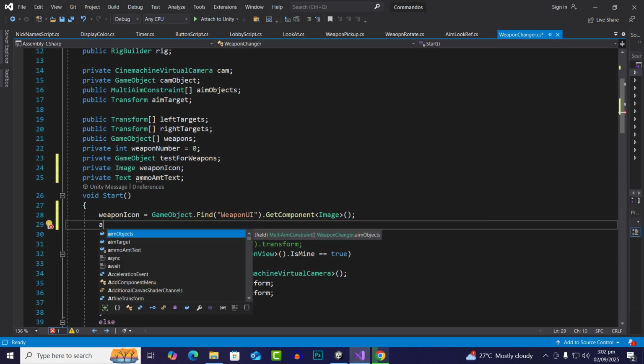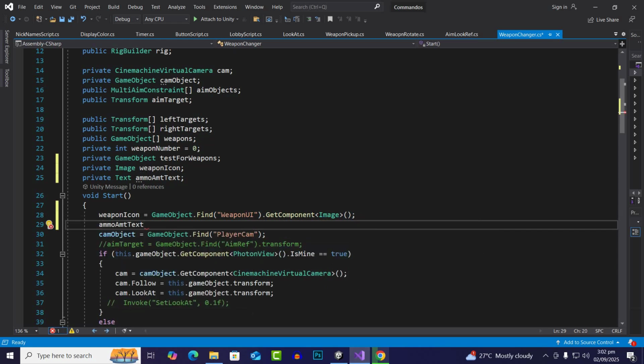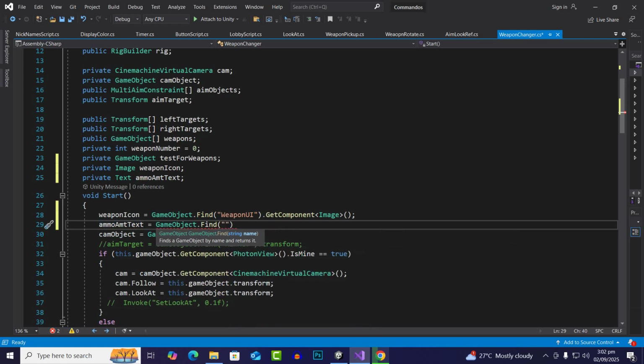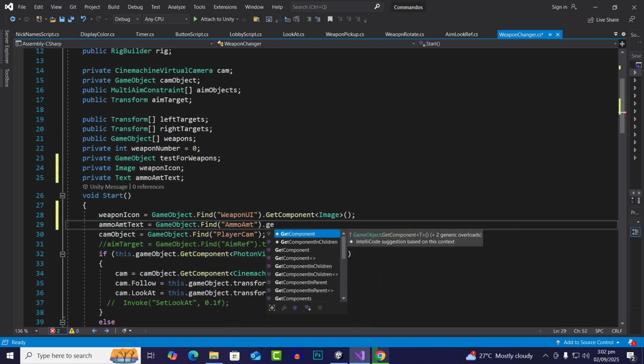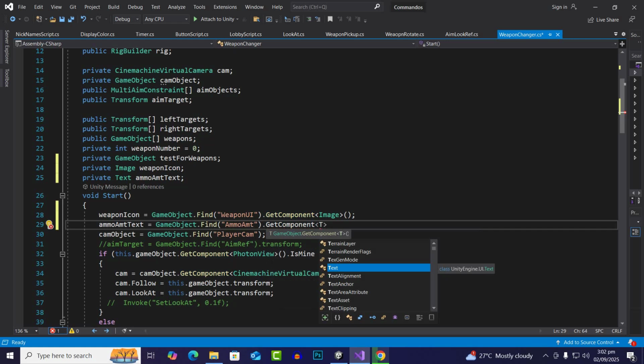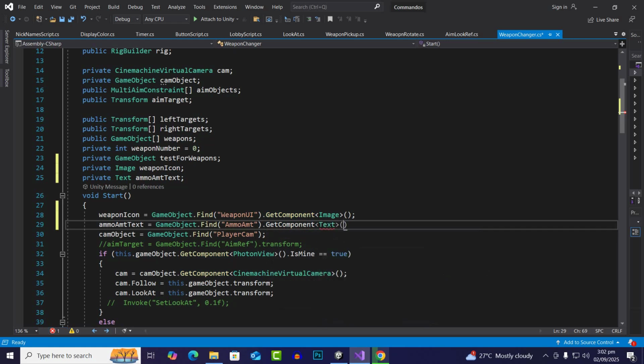So we will say ammo amount text is equal to GameObject.Find, and then we will add the exact name of that text, and then GetComponent, and we are actually getting the Text component, like this. Okay,